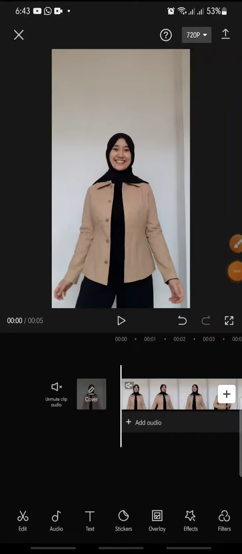In this video, I'm going to show you how to add electric radiation on a CapCut app. Now let's get started. First, after you open your CapCut app and add the video that you want to edit,